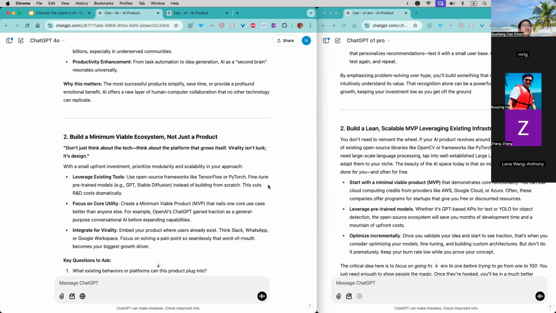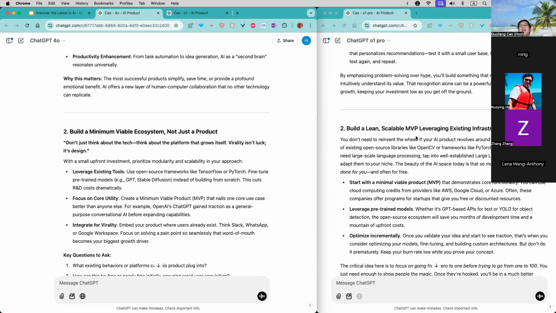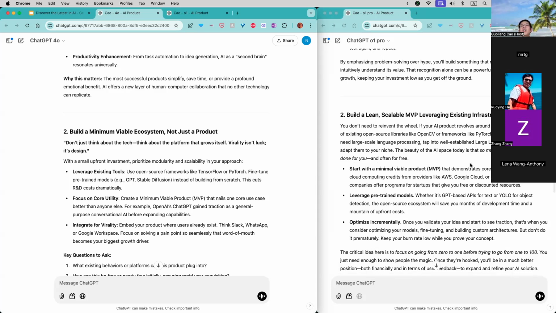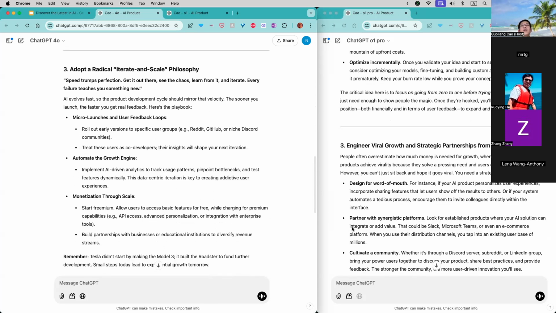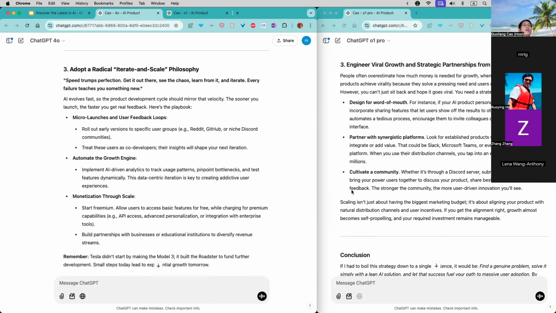The second one here is to build a lean, scalable MVP, leveraging existing infrastructure. This is in order to meet the condition of a very small upfront investment, so you want to leverage existing infrastructure, and to be used by millions of people.